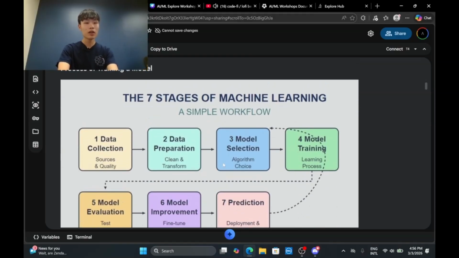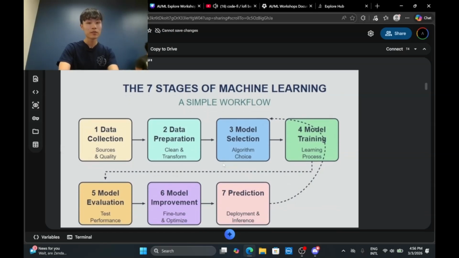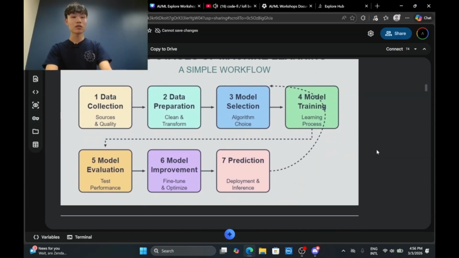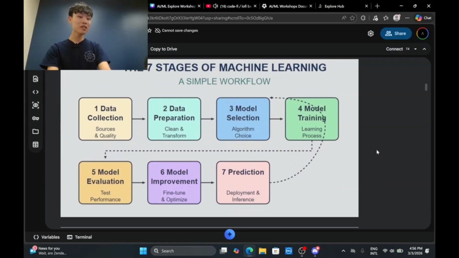Yeah, so we often hear about training a model. So what exactly is it? In machine learning, the process of training a model usually consists of 4 to 5 stages, but if we want to improve the model and then deploy it, there are 7 stages. The first stage is data: in order to train a model, we need to gather the data.